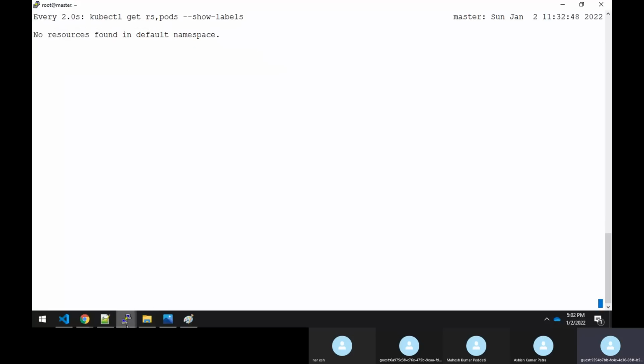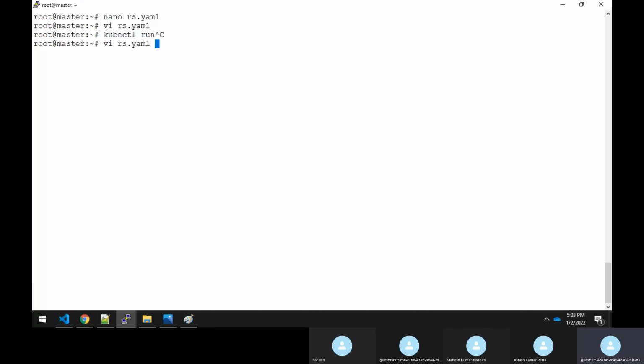Okay. Now I will try to create some containers. kubectl run web, with image equal to... or rather, what have I created, rs.yaml. We have dev, prod, test, right?